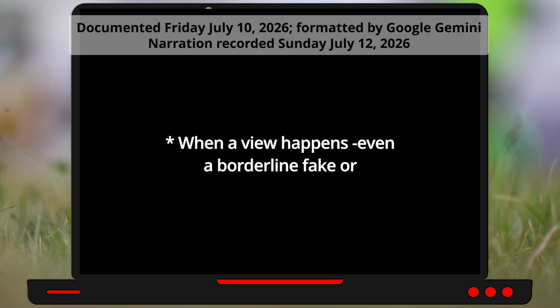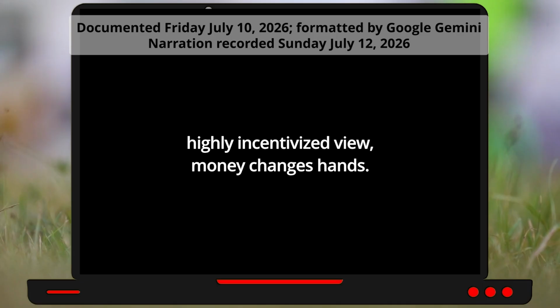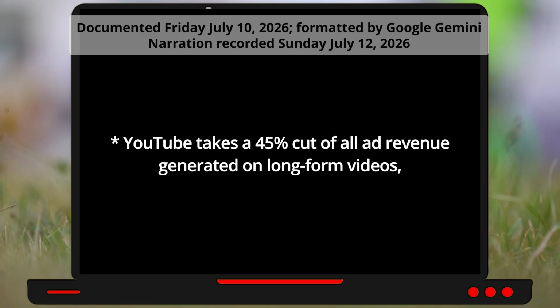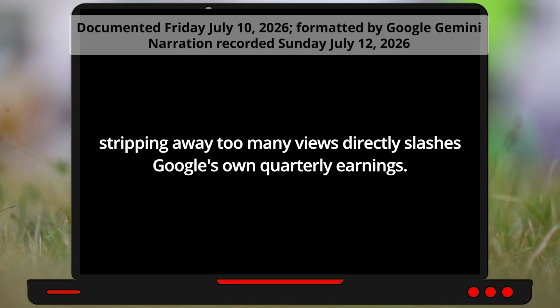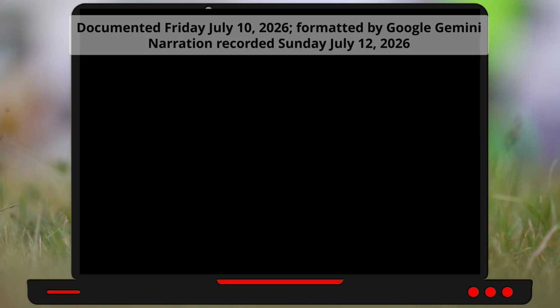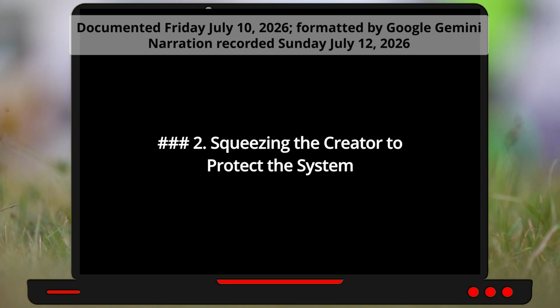When a view happens, even a borderline fake or highly incentivized view, money changes hands. YouTube takes a 45% cut of all ad revenue generated on long-form videos. While they publicly preach about ad quality to keep corporate sponsors happy, stripping away too many views directly slashes Google's own quarterly earnings.